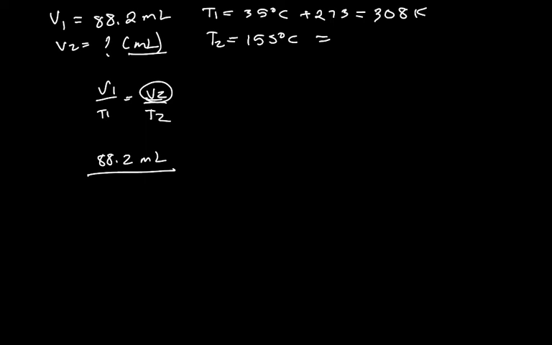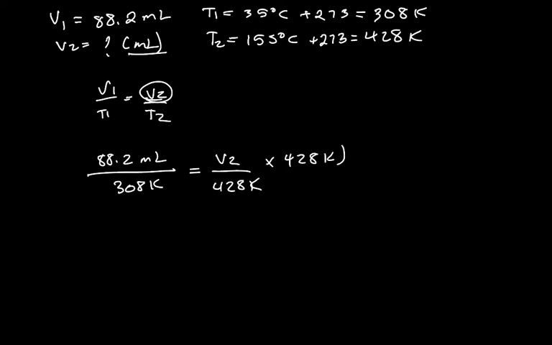And this is 155 plus 273. This gives us 428 Kelvin. So T1 again is 308 Kelvin here. And V2 is unknown. And we have T2 at 428 Kelvin. So this is a simple algebraic problem. We will just multiply both sides by